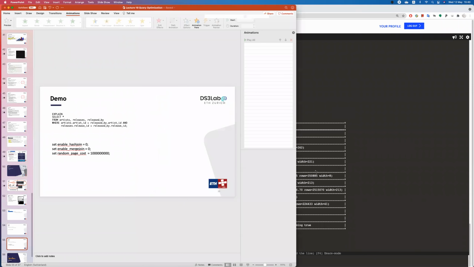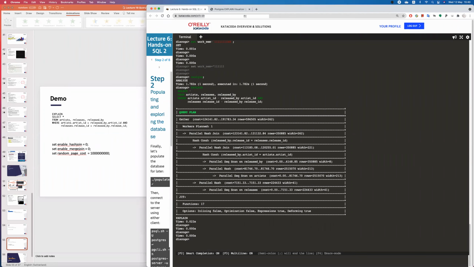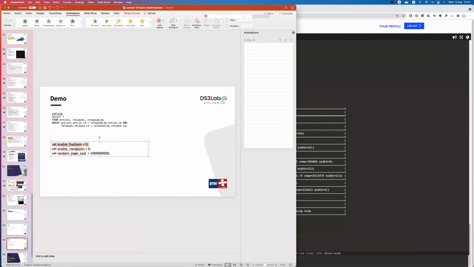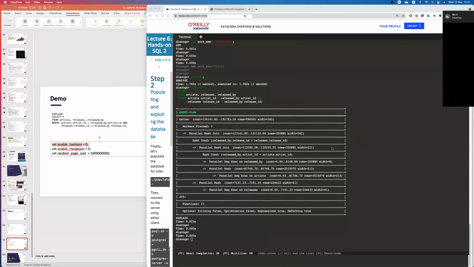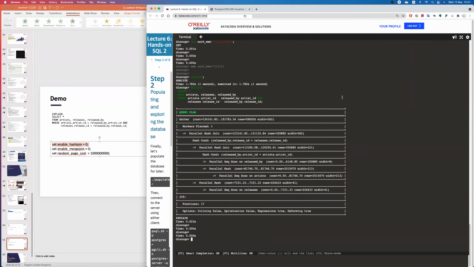So now let's look at another example. You can, for example, turn off this hash join. Say your work memory is very large, but I know you shouldn't do a hash join. So what you can do is tell the query optimizer, whenever you are searching for a query plan,